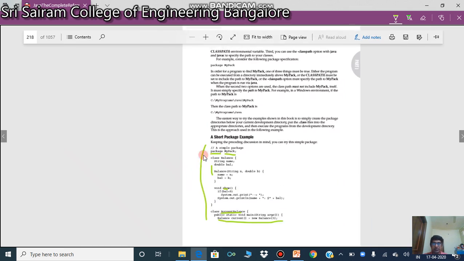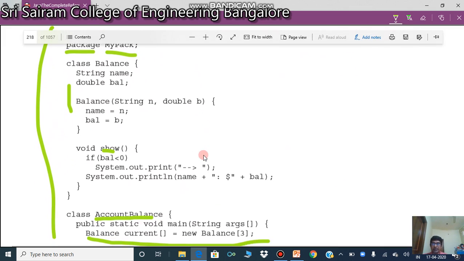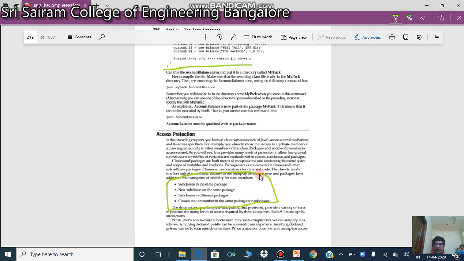So it is going to print the name plus a dollar sign, and the balance will be concatenated with this. So this is going to print the name as well as the balance for every one of the 3 customers in the array, because we have created an array of 3.